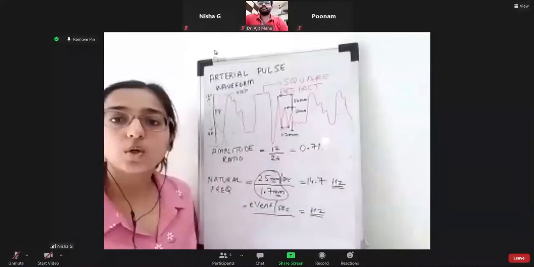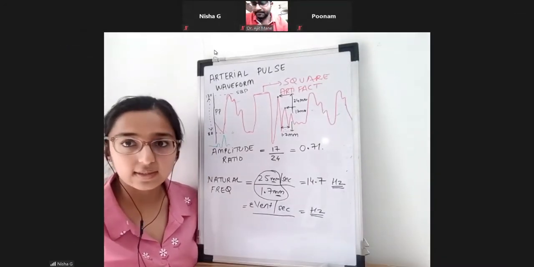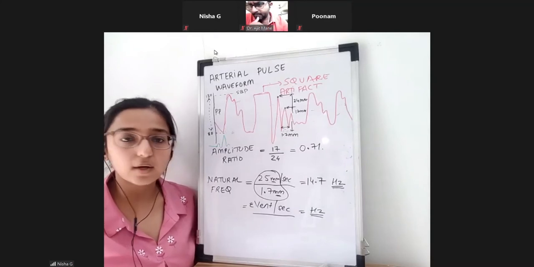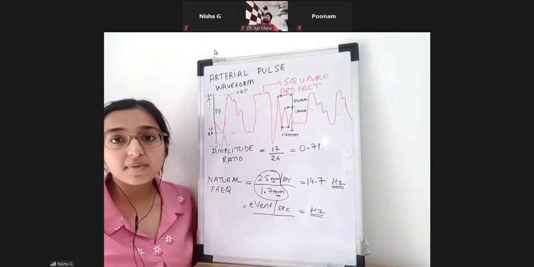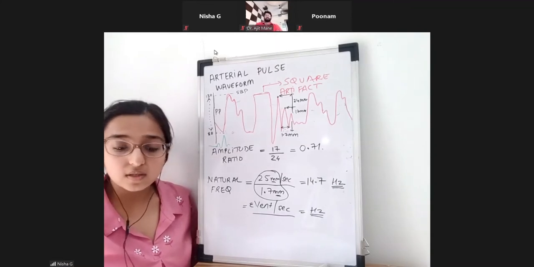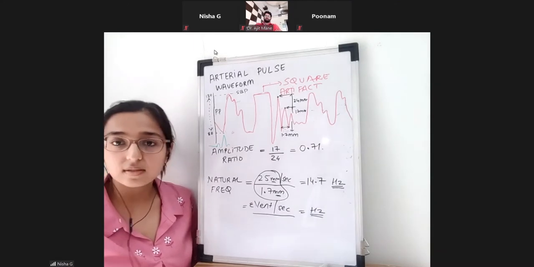So this is what is explained in Miller's. All these photos, graphs and tables are from Miller's only. If you refer back to Miller's, you'll understand this, it's very easy. When you look at Miller's, you will feel, oh my God, so much physics, so difficult. But it's not difficult. It is very easy.